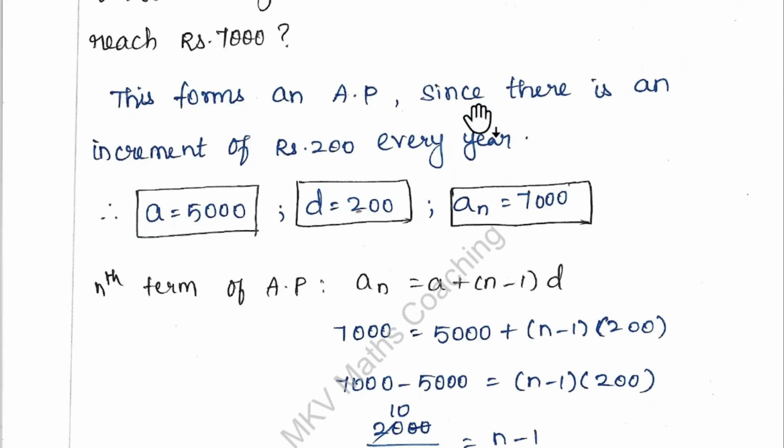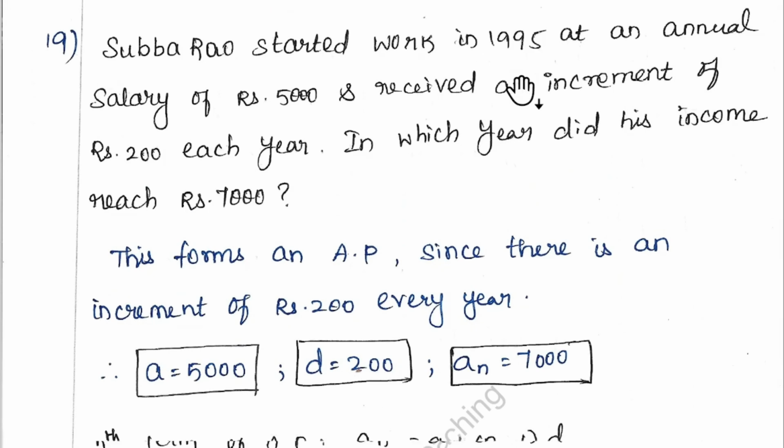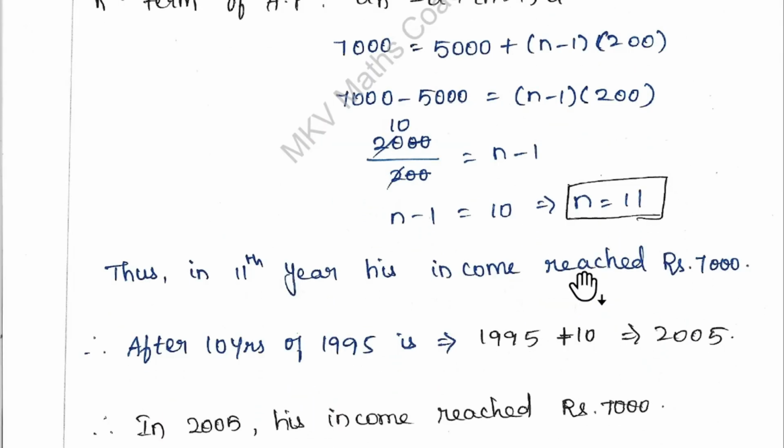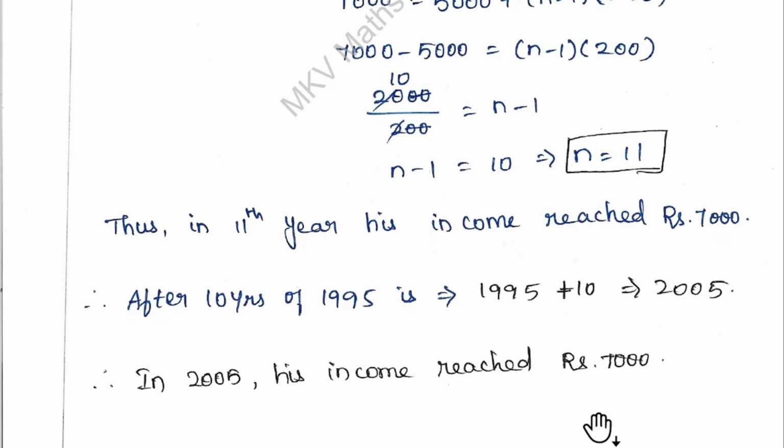So already we have been given the data as first year 1995. So just add the 10 with 1995. Since this is the first year, we got totally 11 years. So after 10 years of 1995, that is 1995 plus 10 will give you 2005. So in 2005 his income reached 7,000 rupees. Okay, always understand the question. So the 11th year his income becomes 7,000 as per our answer. But already in the question they have given 1995 is the first year in which he got 5,000 rupees, right? So you have to add plus 10 here. Okay,